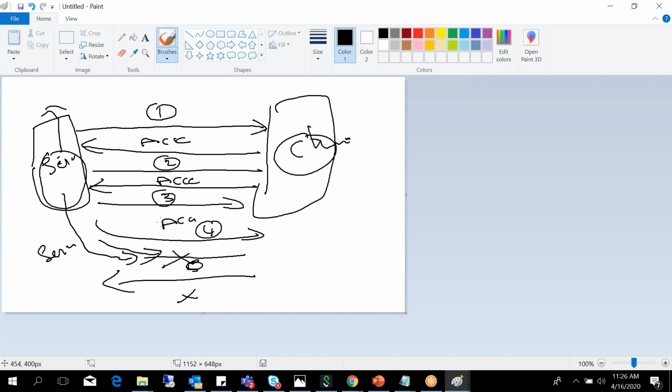If there is no acknowledgement for 1 minute or 2 minutes from the other end, it will retransmit the data. That's why TCP guarantees delivery of data.